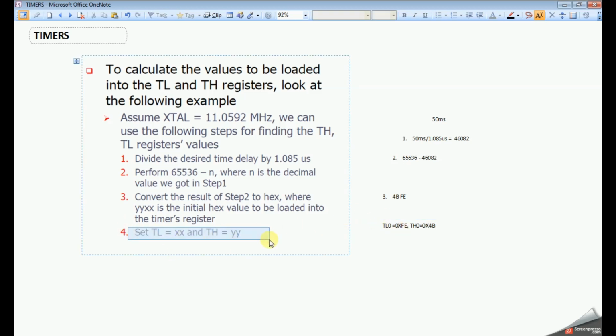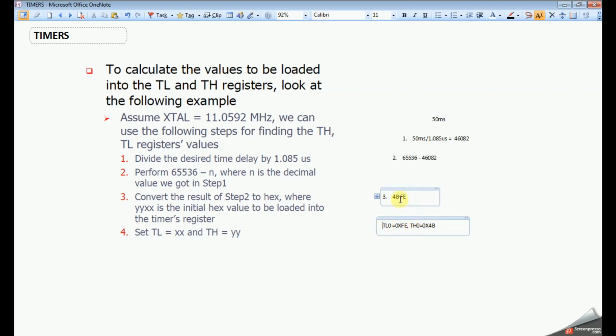That's what the fourth point is saying. So the FE is the lower byte, we are storing it in TL0, timer 0 lower byte, and the higher byte 4B will be stored in TH0, the higher byte.